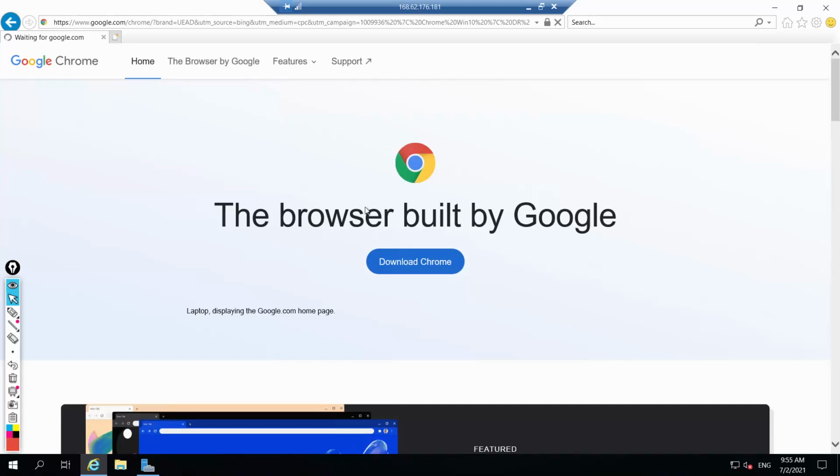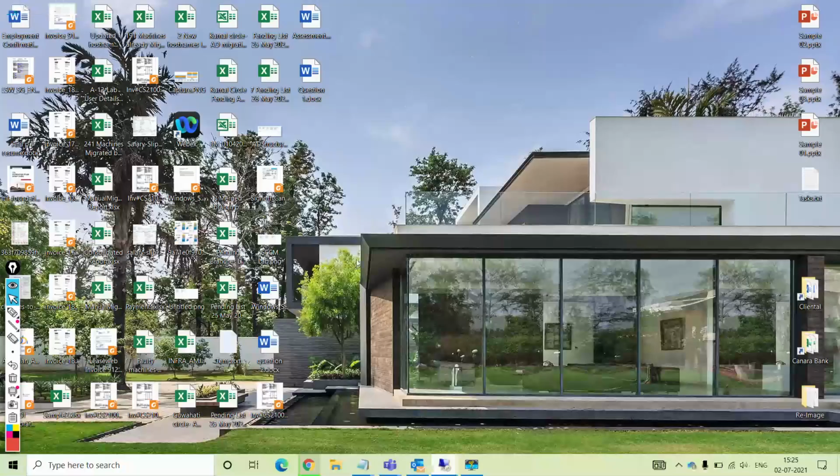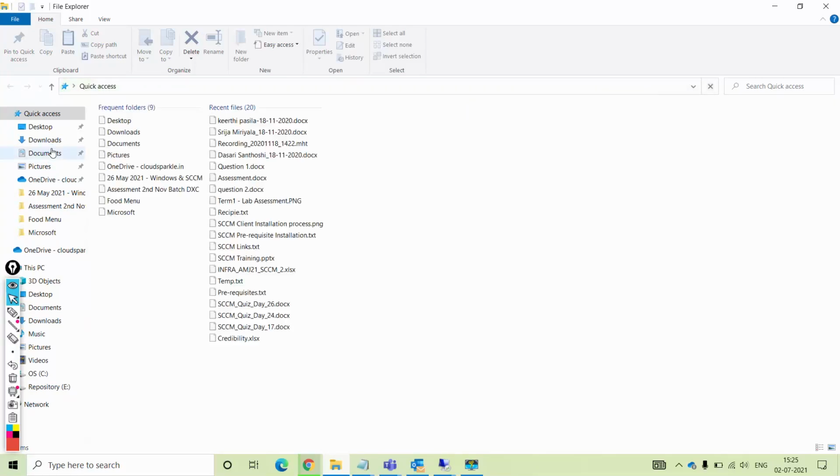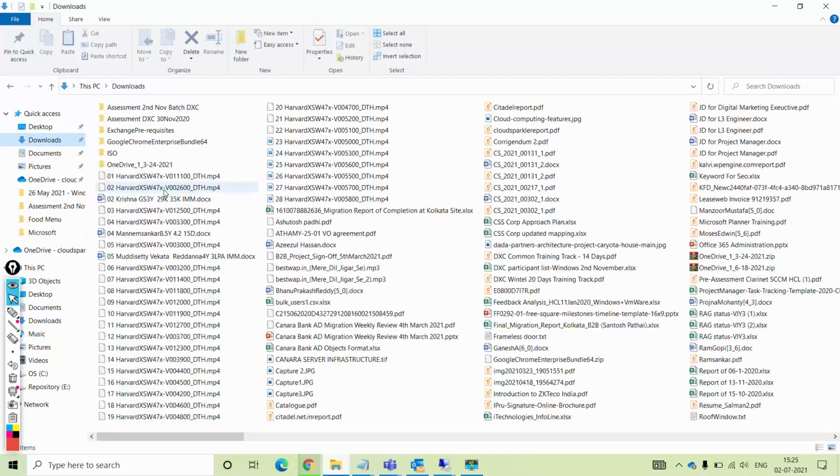Or try with Edge. I don't know. But why am I downloading from here? Instead, I can directly copy from here. No? Wait, the rest I'll download. Yes, so I'm having this up. I'll go to this.